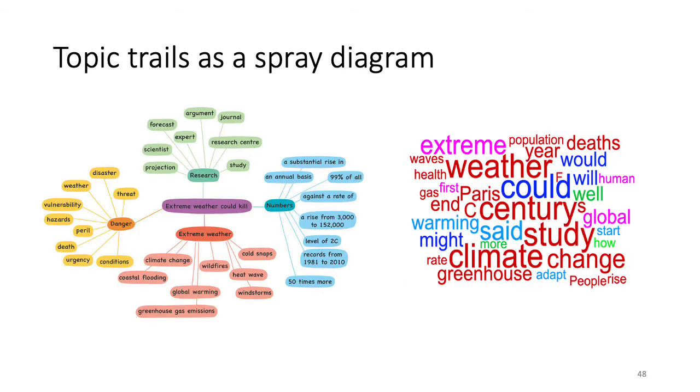represent the topics. And one of the things that the students can then do with their topic trails is that they can make this nice spray diagram, and that's a nice learning activity that they can do, make a poster of if they're working in groups to display in the classroom, or they can do this in their learning journals, their vocabulary notebooks, and it's something which makes quite good homework as well. If you're looking for creative, motivating, interesting homework that the students can do with a text or even a word cloud before they come to class. So that's kind of implying the flipped classroom model there.